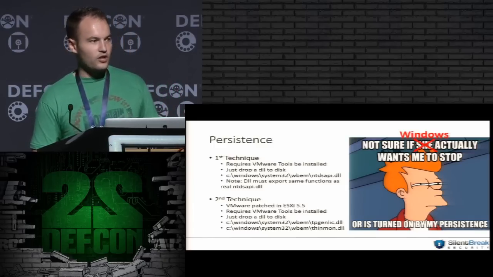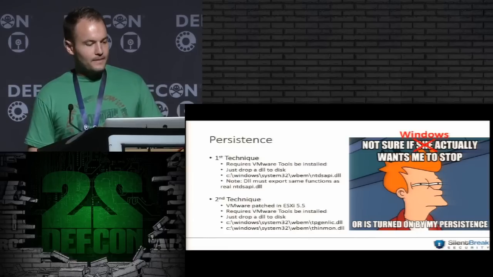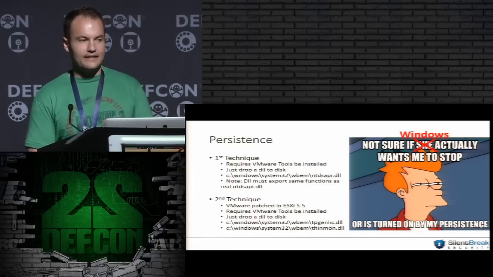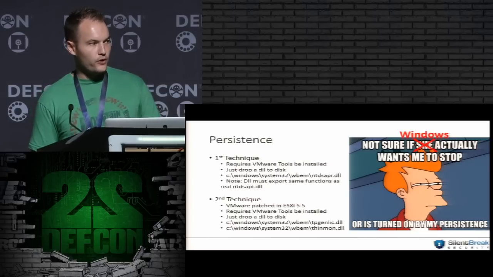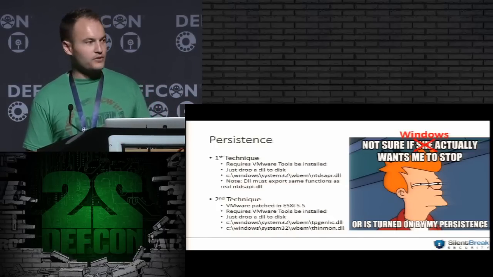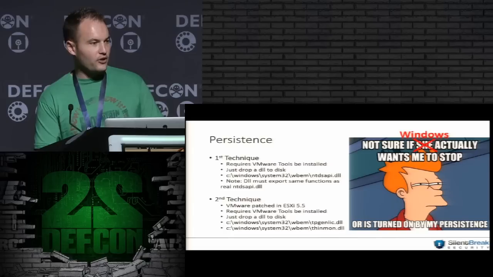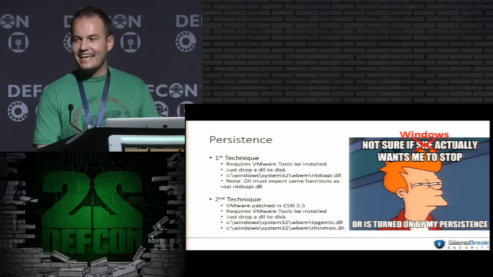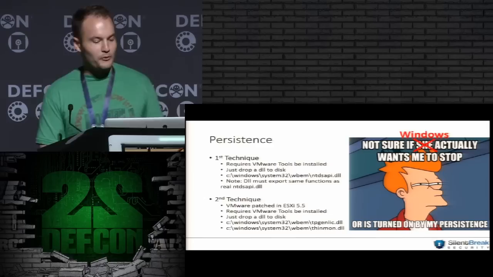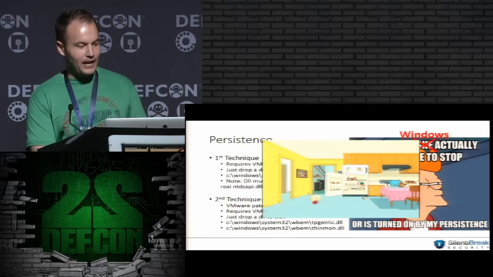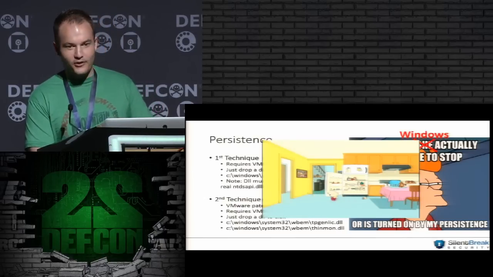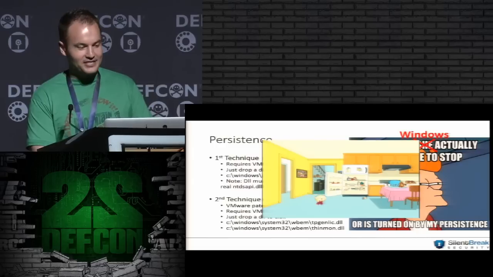right now. It's kind of a funny story that goes along with this, though. The second technique that I had listed, I found those probably like 3 years ago, back when it was ESXi 4.0, 4.1, and I just kind of sat on them, didn't do much with them. And then finally my DEF CON talk comes around, and of course, being a good hacker, I wait till the last minute to actually start testing my stuff, and I realized that in ESXi 5.5, they're actually both patched. So I'm pulling a Stewie running around, not knowing what the heck to do because both of them get patched.